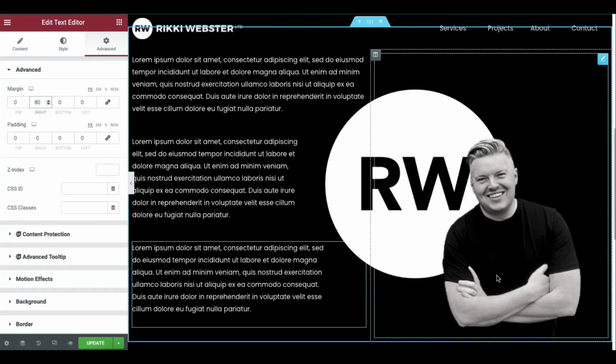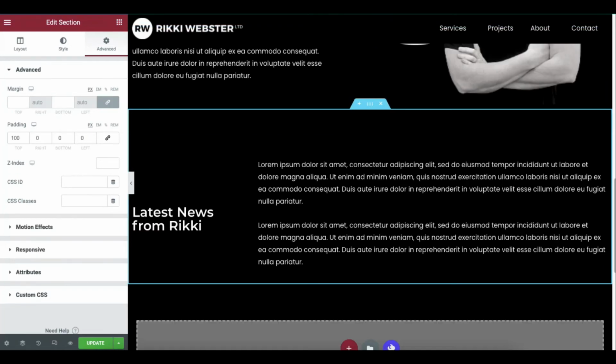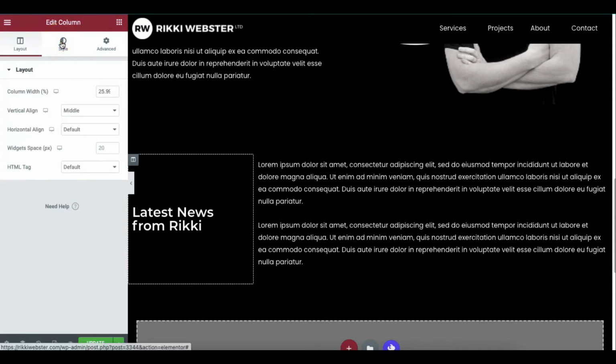We're getting a really nice overlap of elements. Okay, and the next one that we're going to check out is a vertical divider. So what if I wanted to put a line here to separate this title from this text? How I do that is I select the element, and I'm going to head over to style, and I'm going